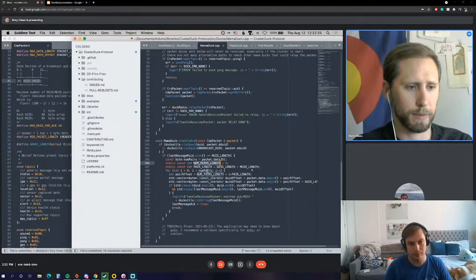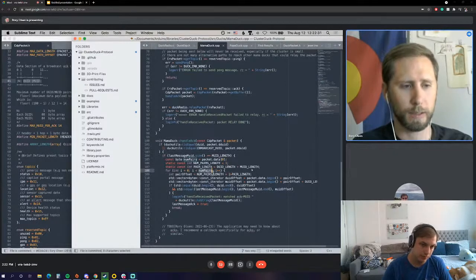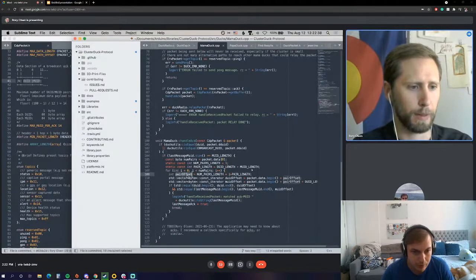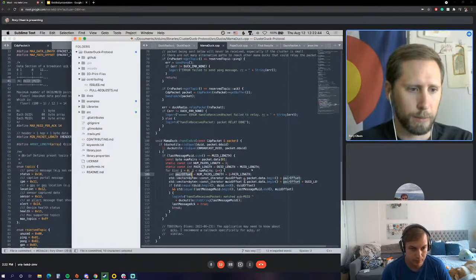We'll come back to these constants as we hit them, but from here we just iterate through each pair of DUID MUID, and what we're doing is we're getting the offset for that pair, and then we are using that offset to get the DUID offset and the MUID offset,